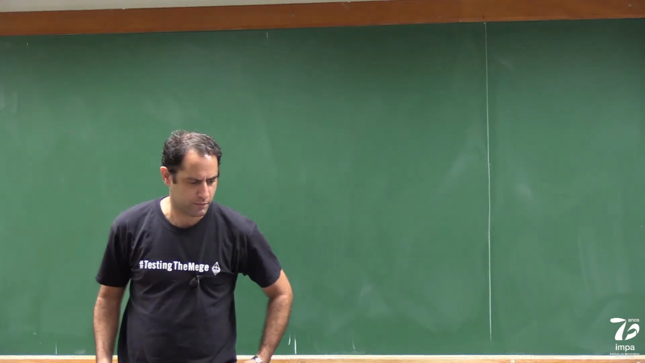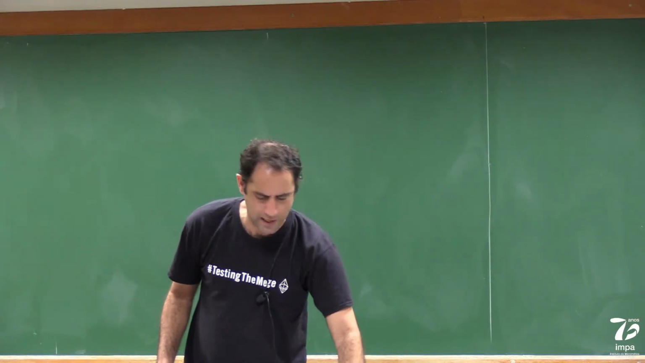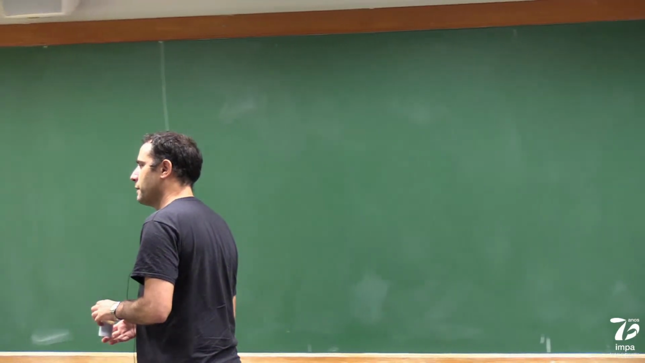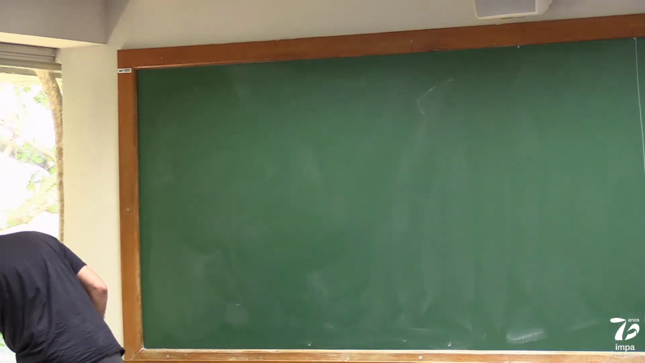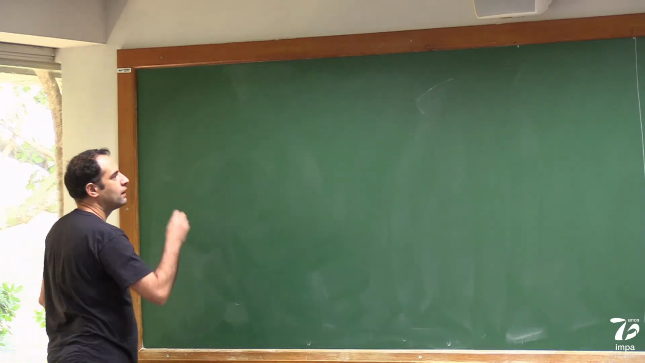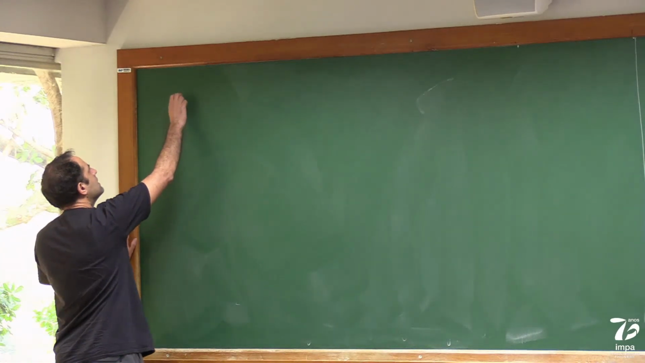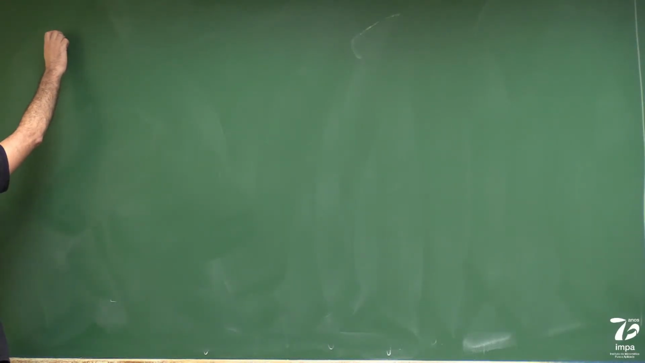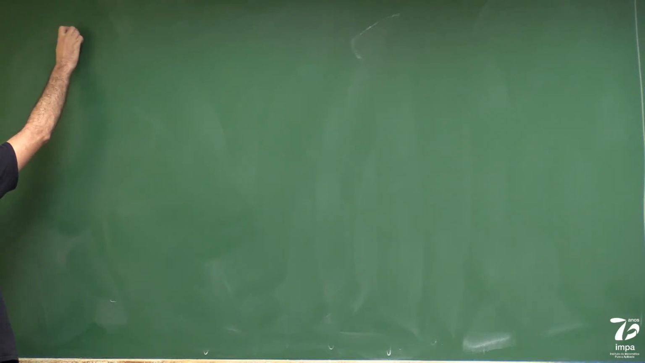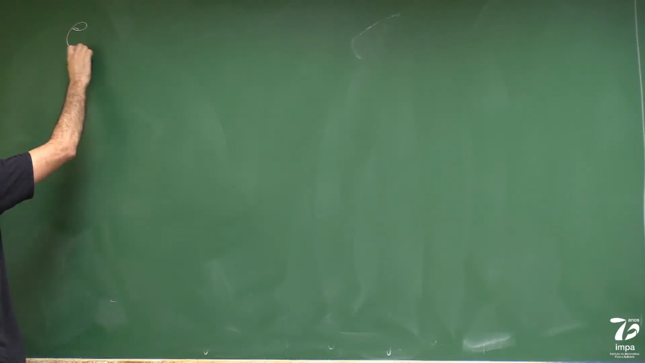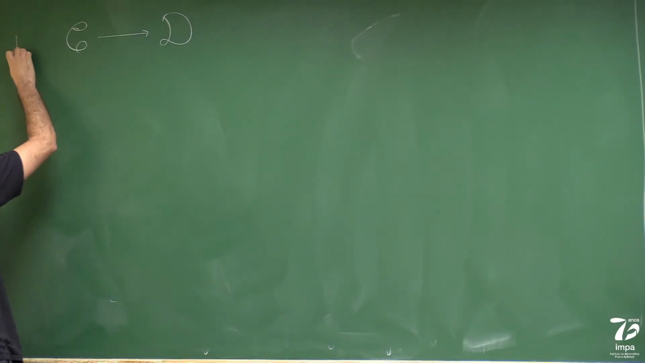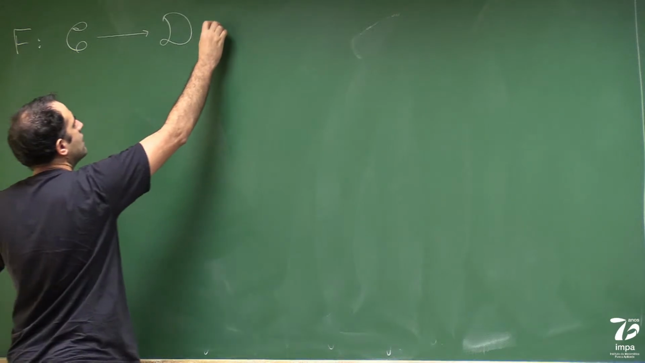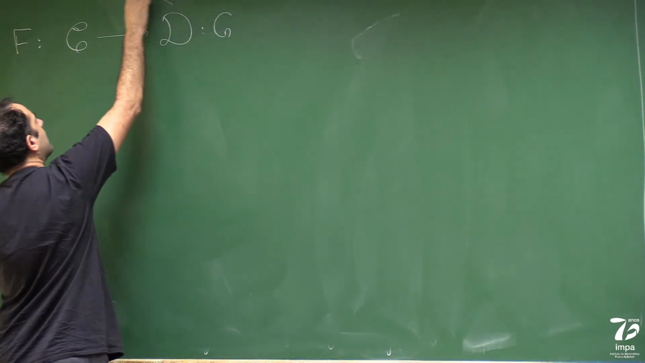Let's switch off a little bit from homological algebra per se, and let's start doing a little bit more category theory. So let's recall some things that we've done. Remember, if we have a category C and a category D, and we have a functor F in this direction, and we have a functor G in that direction,